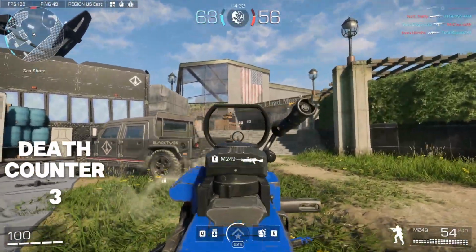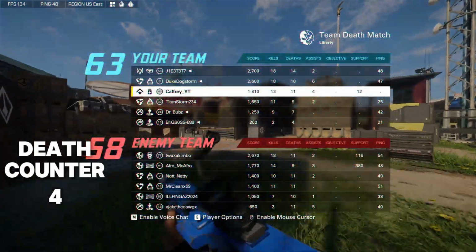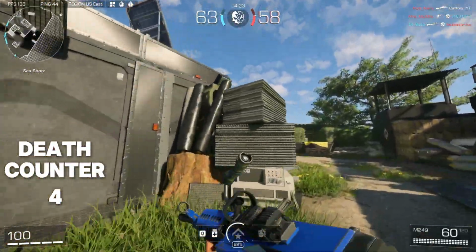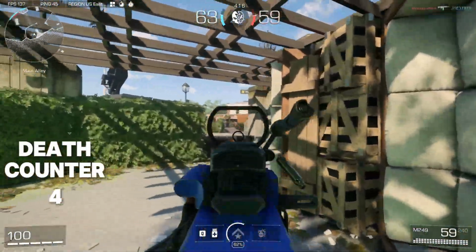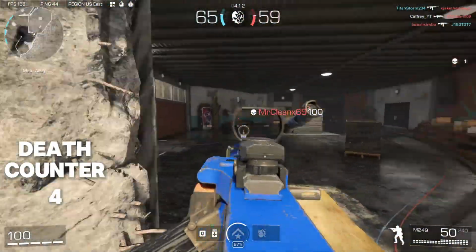However, if you absolutely must take them out, here are some strategies to help counter them. Number 1, look for alternative routes or flanking opportunities. Don't just take the same way back to them every single time, at least give yourself a chance. By approaching the camper from an unexpected angle, you can avoid their prepared position and potentially catch them off guard. This tactic can be particularly effective if you can sneak around without alerting them or other enemies to your